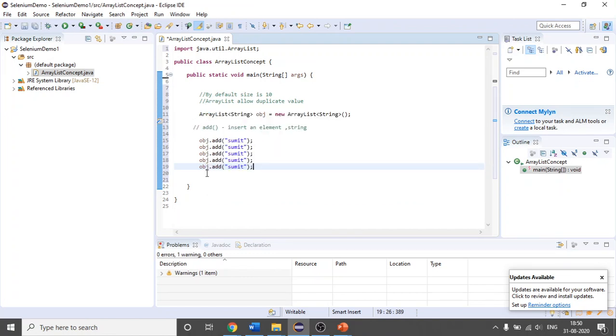After that I will try to print this array list. Simply write this. Suppose I am writing this object like this. It will be good if I write it like this, so that it is easy to understand. Yes, this is an array list object. Here also I will change one by one.